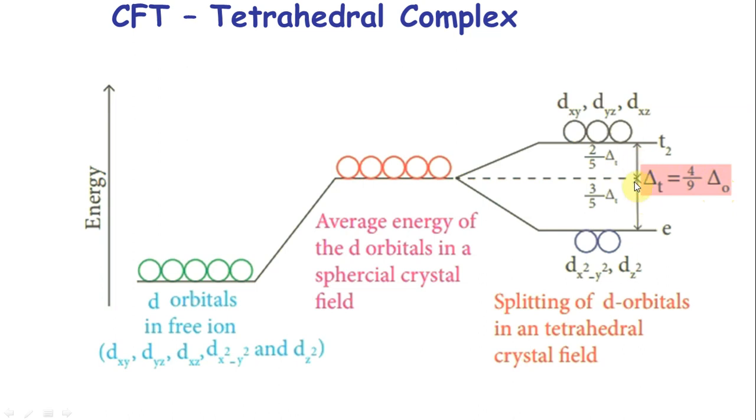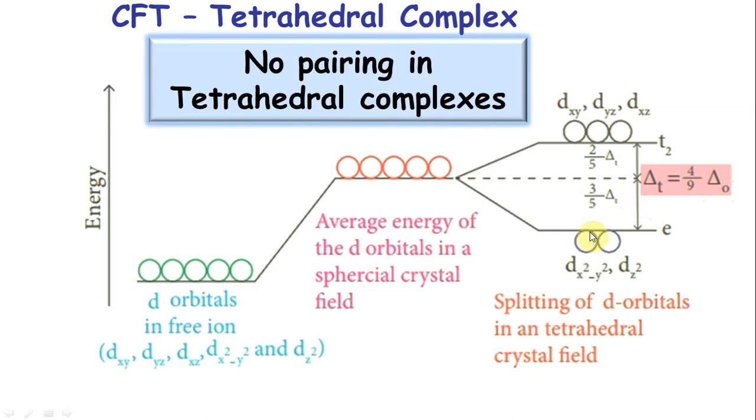So this is not going to be high. So you don't have to climb a lot of space. So you are never going to pair. You're always going to put one electron here, second electron here, third will go here. I don't have to pair because pairing energy is much more than the energy I need to put here. So in tetrahedral you never pair. Another thing you want to remember is this relation. They can give you delta naught and ask you delta t. Straightforward. And there you had T2g and Eg, here you have Eg here and T2g here.